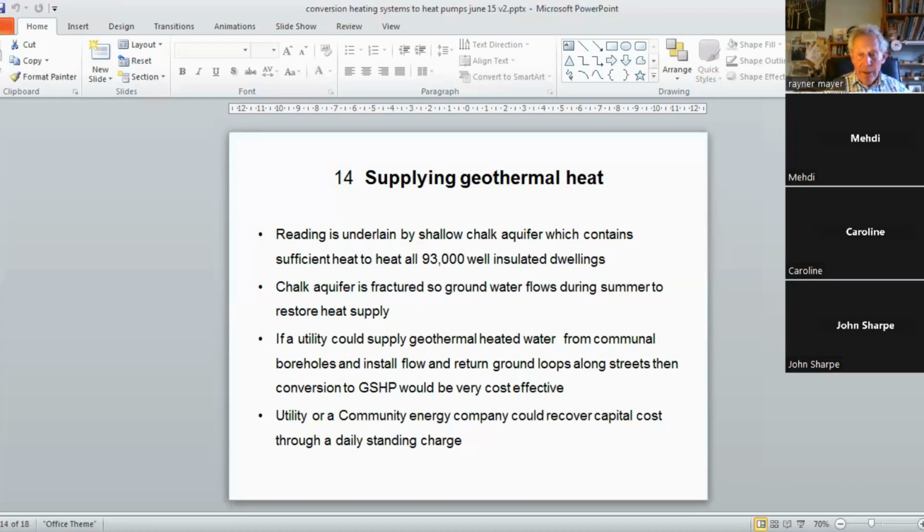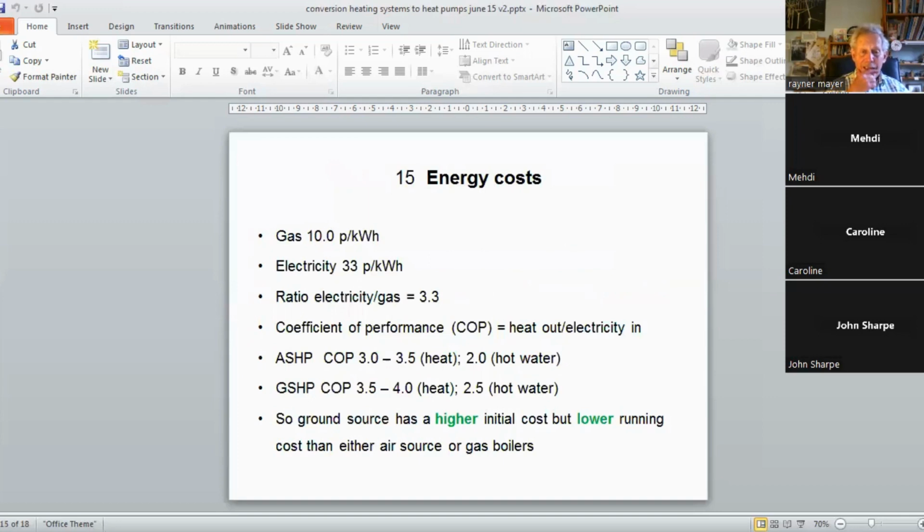I'd like to move on, because this is an important slide in terms of the economics of heat pumps. So current price of gas, 10p per kilowatt hour, current price of electricity, 33p per kilowatt hour. So the ratio of electricity to gas is 3.3, as of today. Now, the question, therefore, is what is the conversion efficiency of air source and ground source heat pumps? And the conversion efficiency of air source heat pumps is most probably